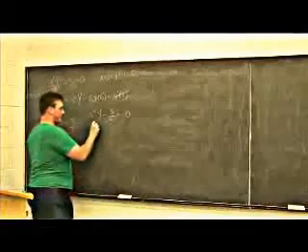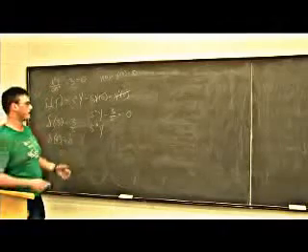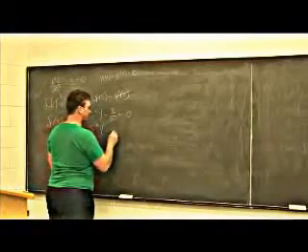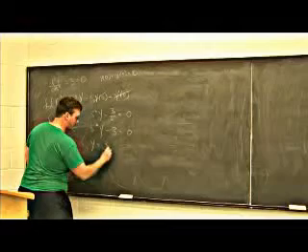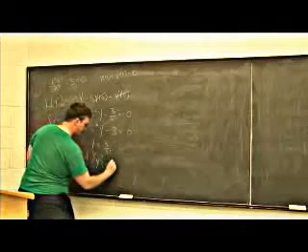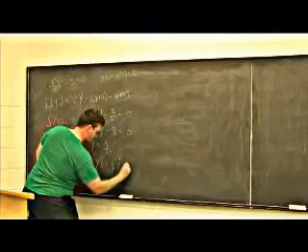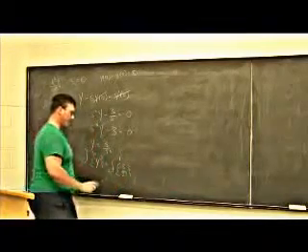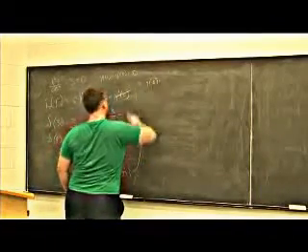So we're going to multiply everything by s. So we get s cubed Y, because clearly s can't be 0, so we don't have to worry about it as it's already in the denominator. So we get s cubed Y minus 3 is equal to 0. So then Y is equal to 3 over s cubed, and then we take the inverse Laplace transform of that. And that gives us y of t is equal to